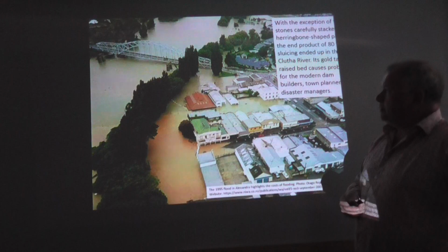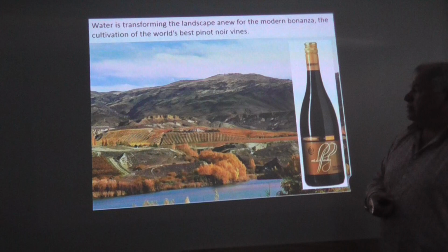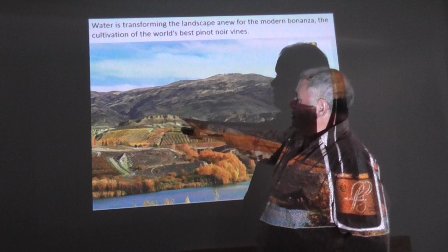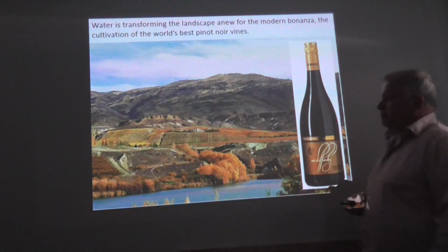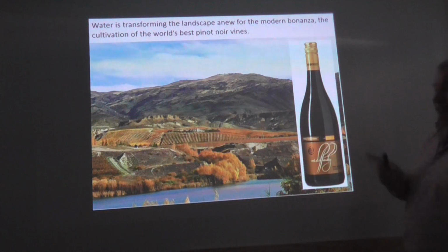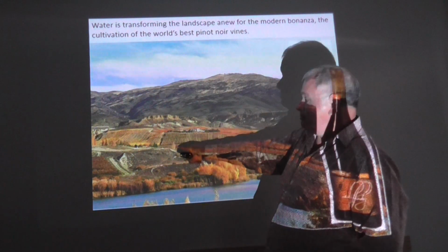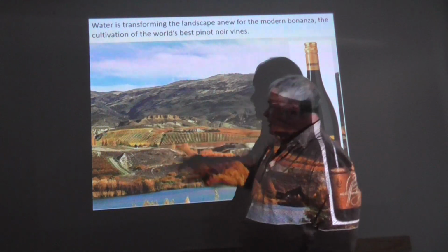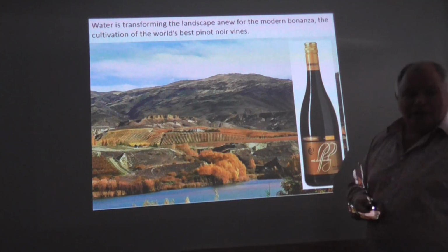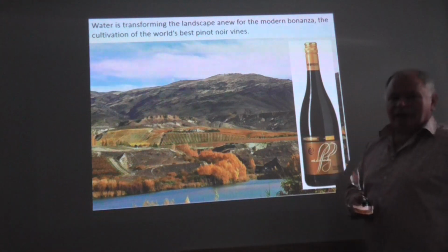The water races themselves still have use. Mount Difficulty is one of many. You can see Bannockburn, so I've taken these Stewart Town up here. I've taken a lot of photographs around there. But Mount Difficulty have a never-ending water right. It does end, actually. It ends in 2021 thanks to the provisions of the Resource Management Act. But those water races have actually been used in a number of cases to actually grow Central Otago wines. I'll just show you this one at the very end to show you how long